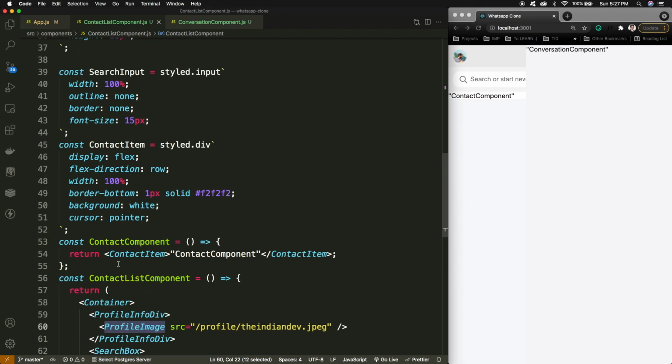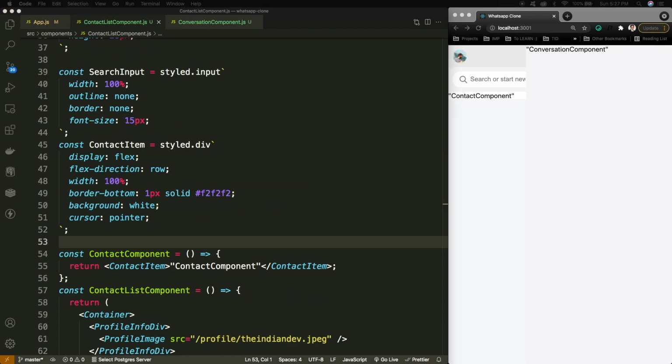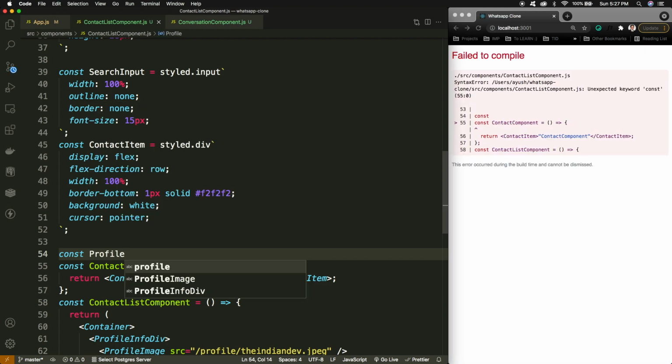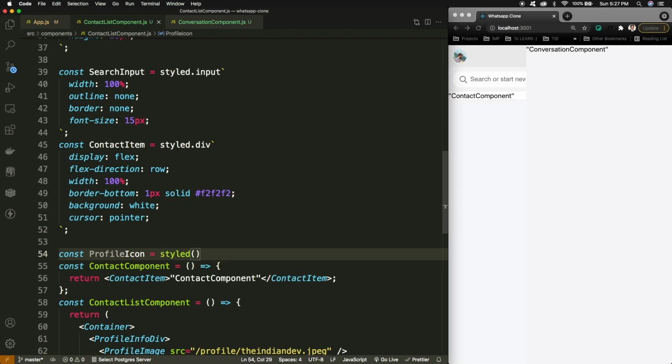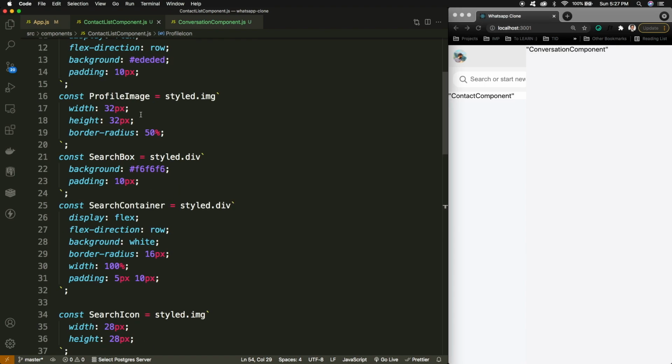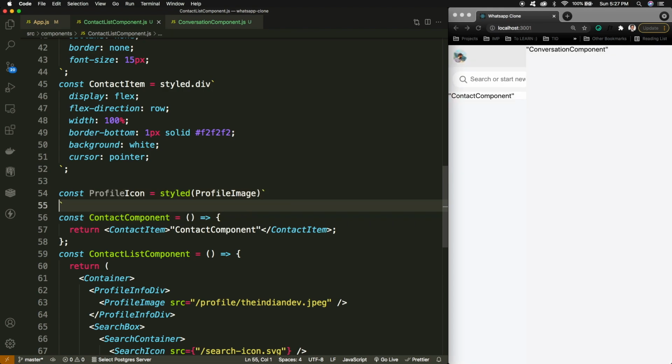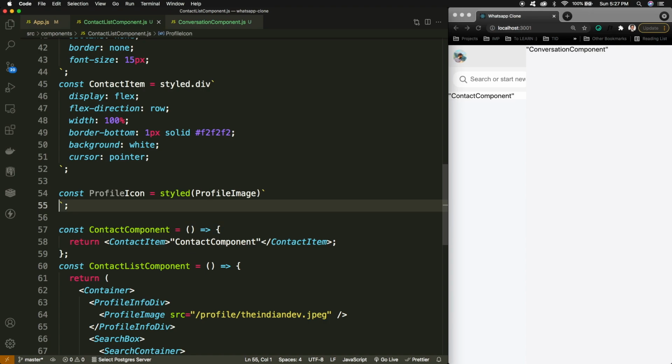One advantage of styled components is that if I want to make use of the existing styling, I can write profile icon, and I need not create the image tag again. I will simply use that profile image, and now I can override all the properties from that profile image itself.